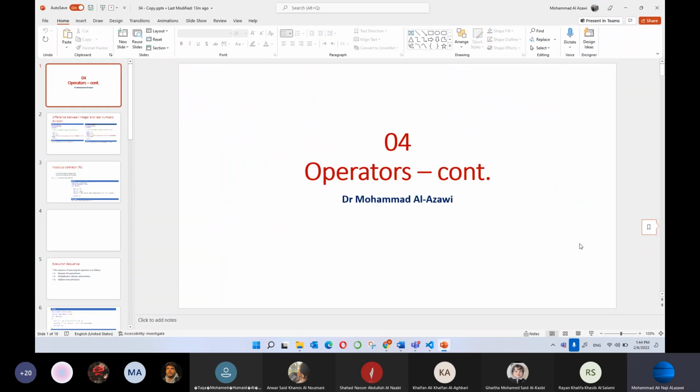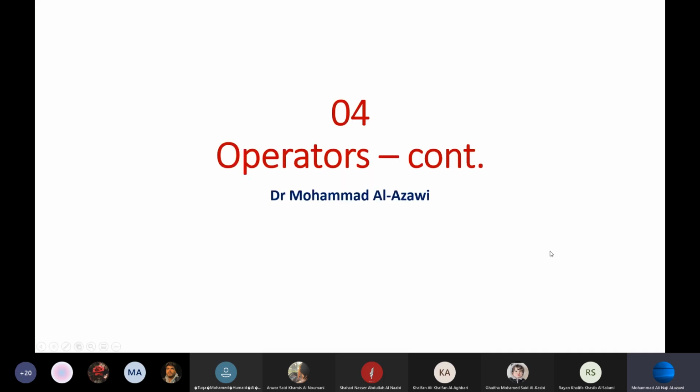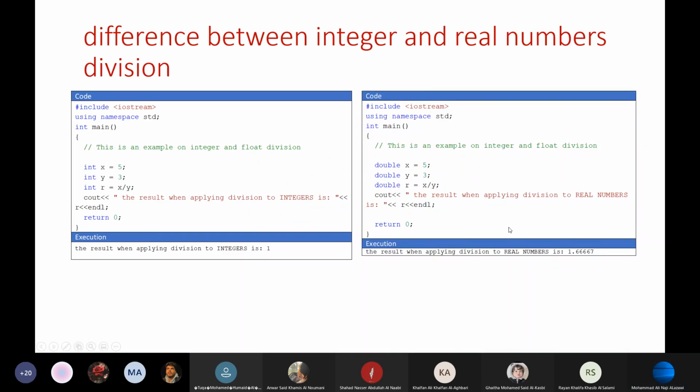We'll continue with the operators. Okay, this is part 2. Now the first thing that we want to discuss is the difference between integer and